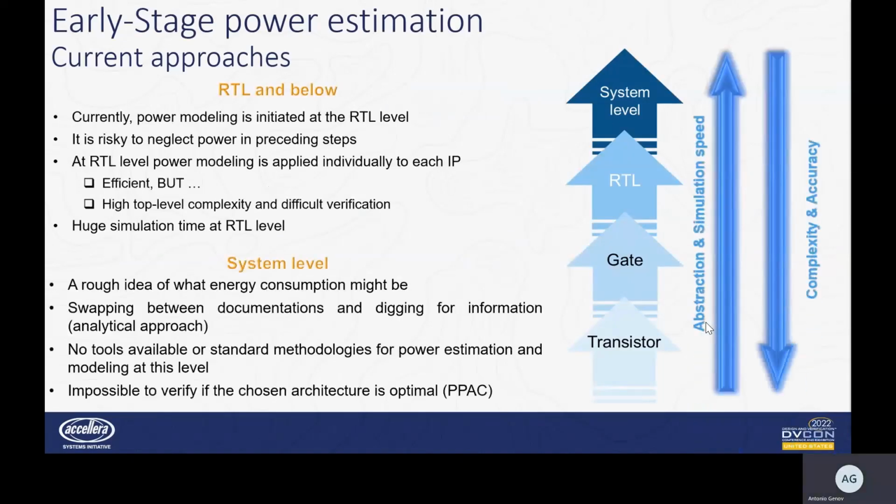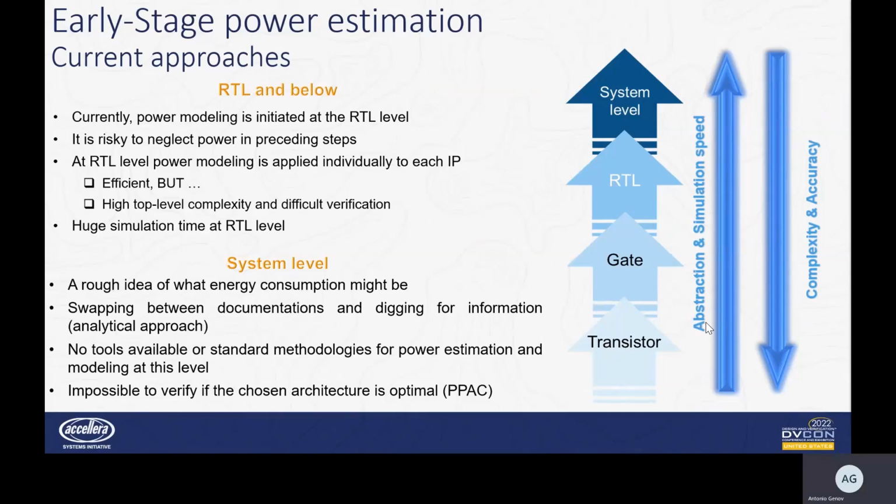Currently, the power modeling using formats such as UPF is initiated at RTL level. Thus, the power intent optimization is started only when the RTL model is ready, which is significantly late in the design flow, and major effort and financial investments were already done. So at this stage, falling to a bug related to power glitches or passing the power budget can bring important additional costs. Moreover, the simulation time of these models is tremendous and still limited.